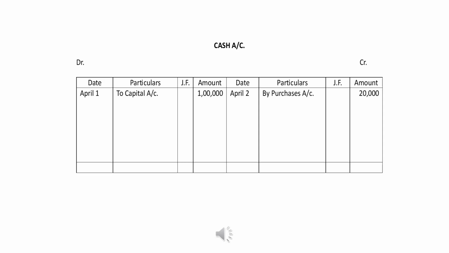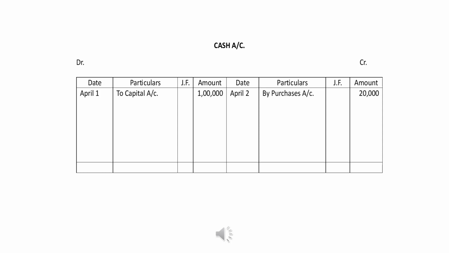Now come to the second transaction. Does it have cash? Yes, it has. And cash is being credited in the second journal entry. How do we post it to the ledger now? Since we can clearly see that cash is being credited here in the second entry and it is being credited by 20,000 rupees, this 20,000 will come on the credit side of the cash ledger account under the amount column, and